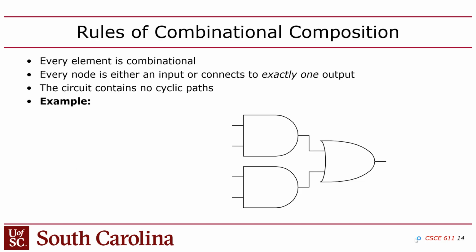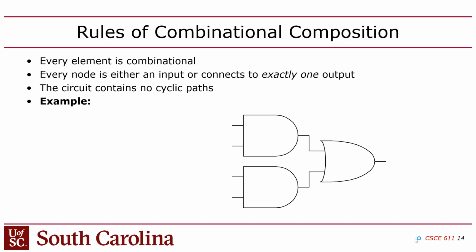Okay, so for combinational circuits, I'll ask you a question on the quiz about these rules of combinational circuit design. And this is mostly just a terminology thing. But it's important to understand this because in SystemVerilog there's a different coding style for sequential versus combinational logic. So combinational logic is where every element in the circuit is combinational, and every node is an input that eventually feeds through to exactly one output. And the most important thing is that the circuit doesn't have any